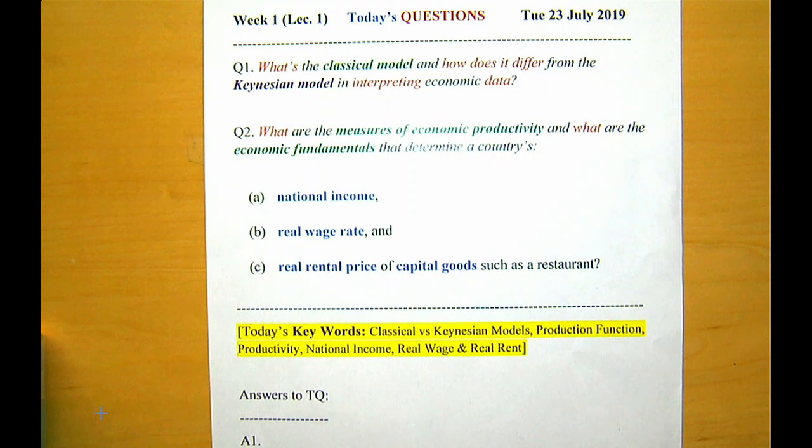So in the structure of any model, a good model, you will have a bunch of assumptions, which come from nowhere, you assume. And then we make some predictions. They are called propositions or statements of the model. So the classical model assumes prices are flexible. It comes from nowhere. We just assume that, right? And then we build this theory.